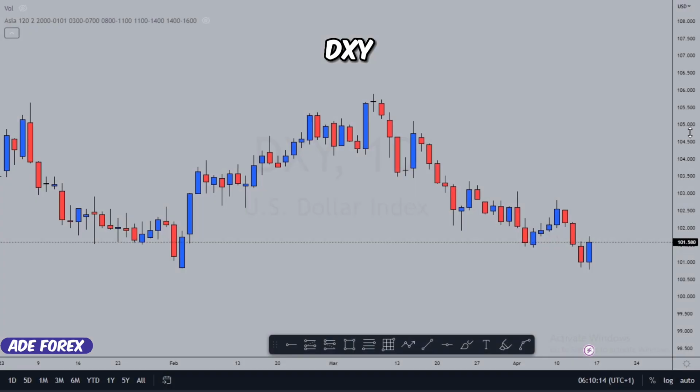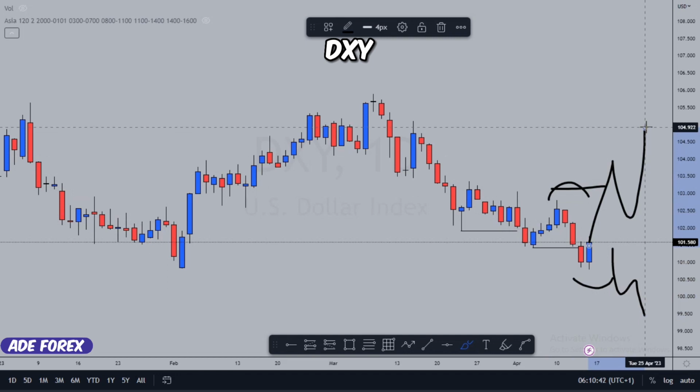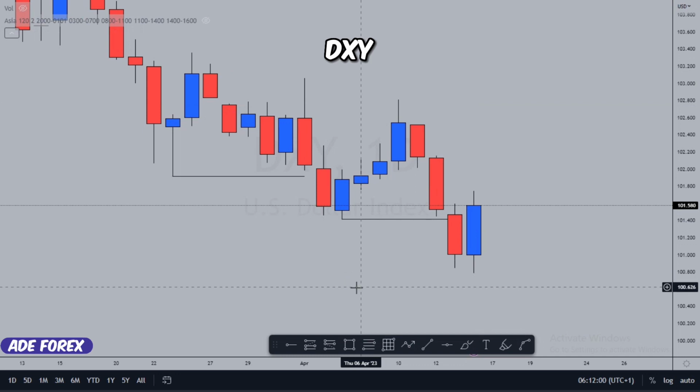All right, as we can see here on the daily time frame, we are obviously also bearish, following the most recent market structure. This is our strong high and this is our weak low. So it's easier for the market to break this weak low than break this high, because we are in a bearish trend. If the market breaks this high, then we are changing market structural character from bearish to bullish.